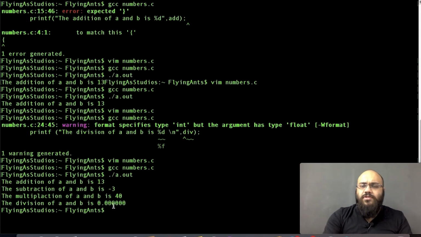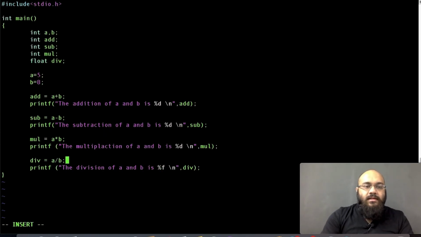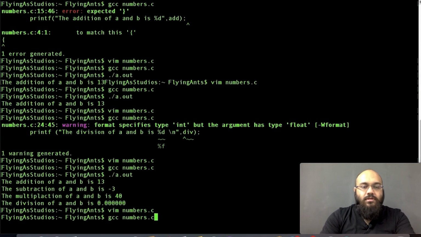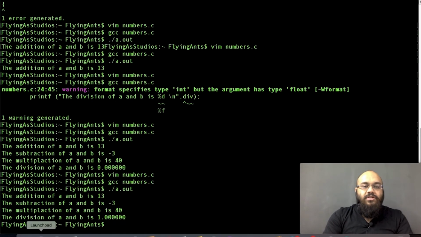Now, first of all, before solving this, let's type it another way. Let's just say division is equal to b divided by a. Okay, let's save it. So 8 divided by 5. Let's see what the output will be in this case. So it shows 1. It is actually not showing anything after the point.